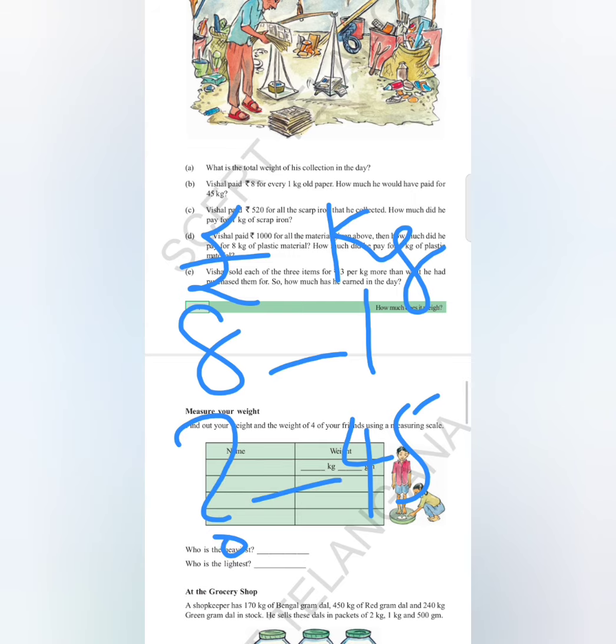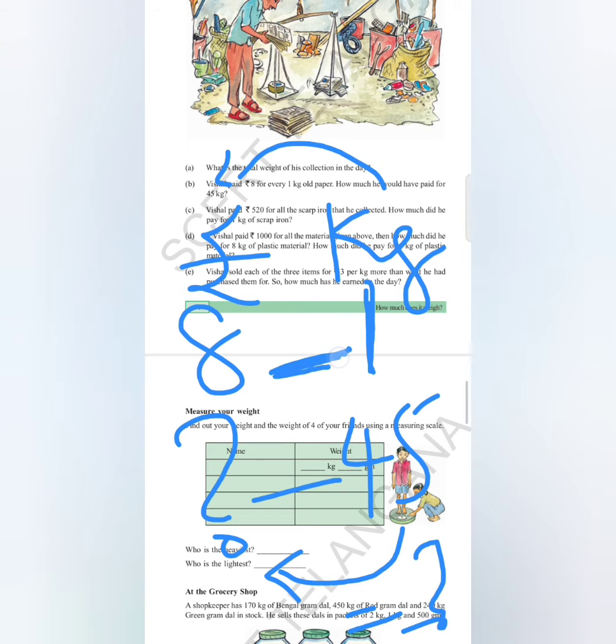Okay. So now if you observe here, 1 kg is coming in 8 rupees, then 45 kg will come in how much amount? So what we have to do here, कौन सा ऑपरेशन यूज़ करना है? एडिशन, सब्ट्रैक्शन, मल्टीप्लिकेशन, डिवीजन. तो how to find out that specific operation, see here a hint. For 1 kg it is 8 rupees. 45 kg how much it will be, we check whether we are increasing or decreasing the quantity. 1 kg in 8 rupees, 45 kg in how much rupees?